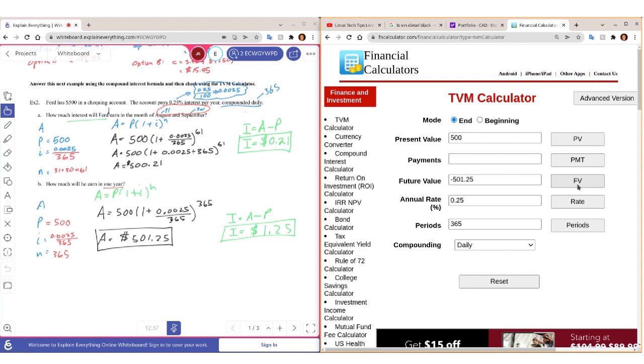We can also use it to calculate payments if we ever wanted to. That's what this PMT thing is. That's for calculating mortgages. As long as you know what the starting value is, the annual interest rates, and the compounding periods, you're good. Okay, so there we go. That's it. Let's move on to the next question of the day.